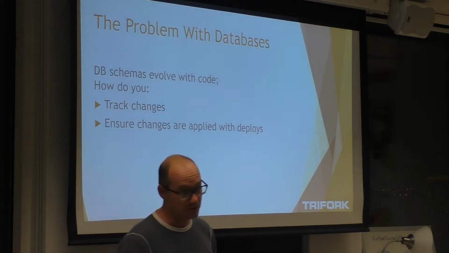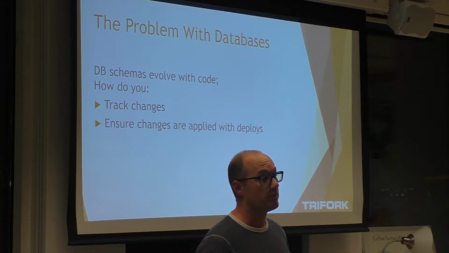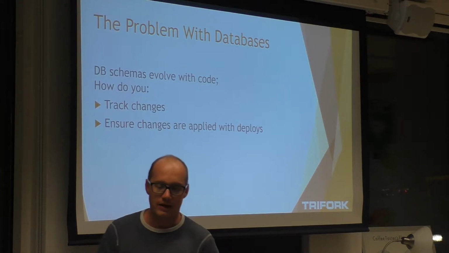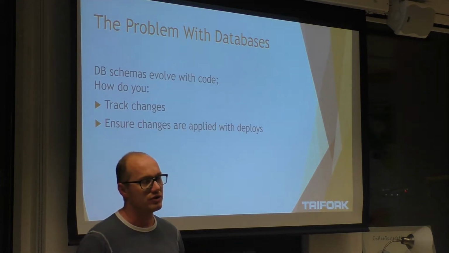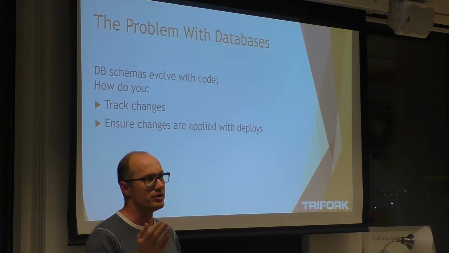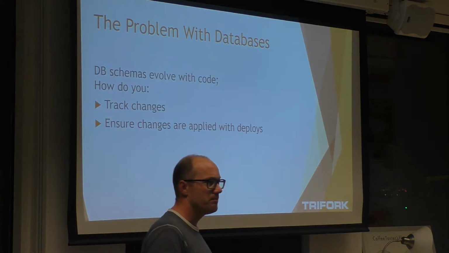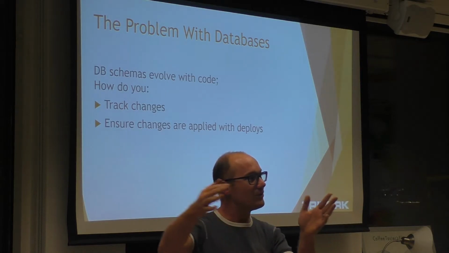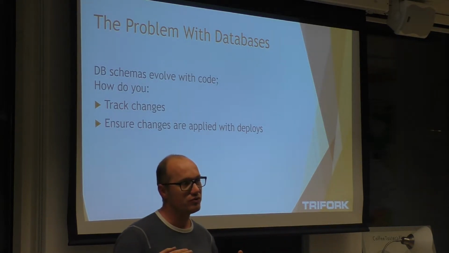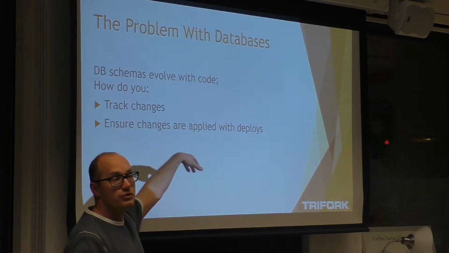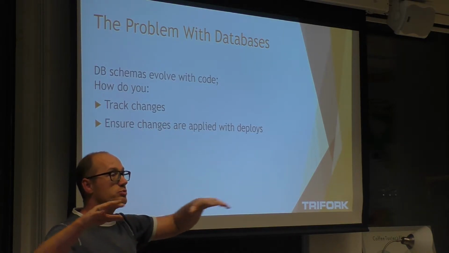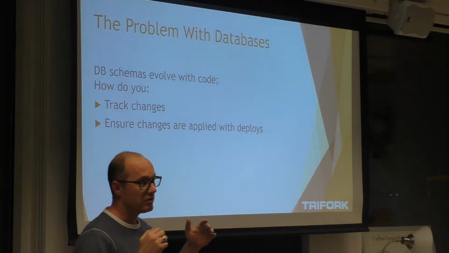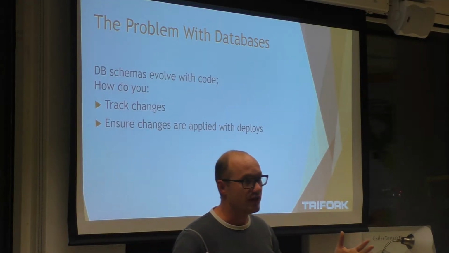But then the question becomes, well, if you're actually going to deploy your application, then how do you ensure that whatever is in that file actually gets deployed? And it's one thing if you are on a traditional schedule where maybe you just deploy a couple of times per year and you go through the whole DTAP thing and you know exactly what is where, but it becomes much trickier if you are going to do things like continuous deployment. You might have multiple environments, they might not all be on the same version, and obviously if you're just going to have a single file to track these sorts of changes,